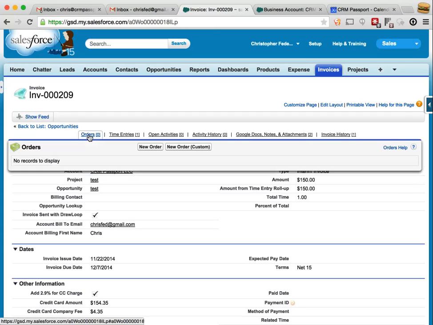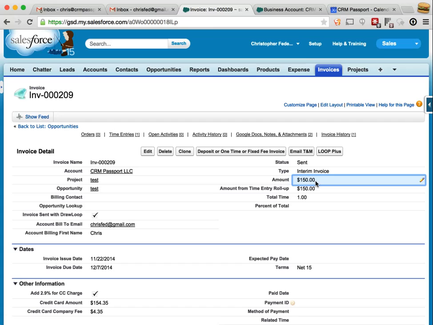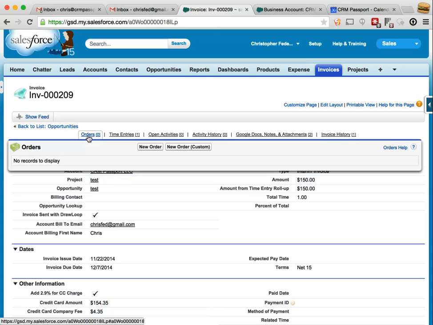And if someone says, hey, we want to pay by credit card, we can create a new order. You'll see here that the amount for the invoice is $150. And we pass on the 2.9% fee that Stripe charges us. So you'll see the amount then becomes $154.35, and we show the amount then that we're passing on. And we'll say, hey, okay, we can generate the invoice, or we can just send them the order then to